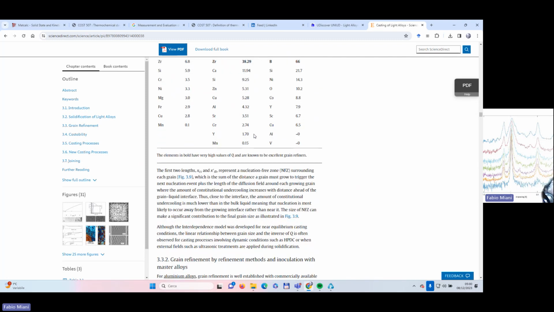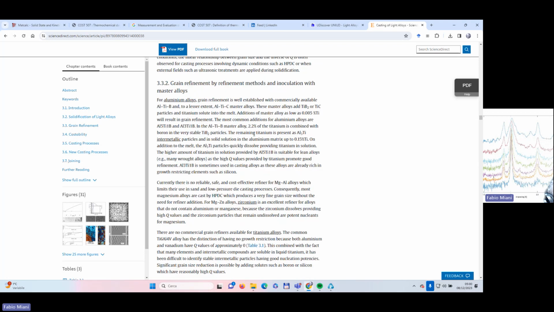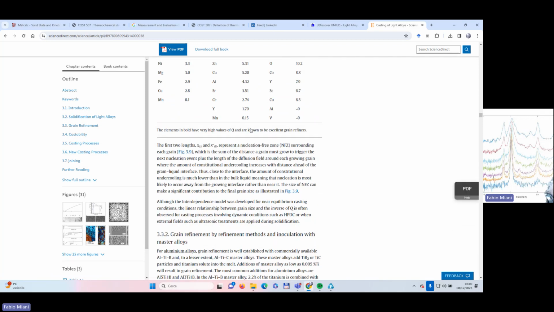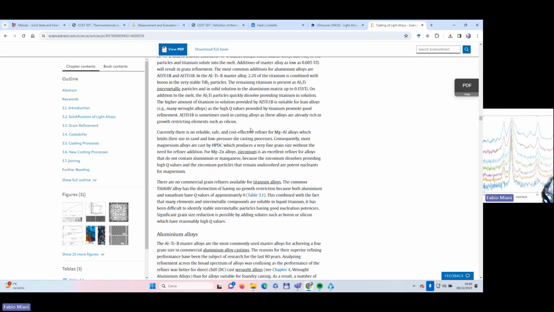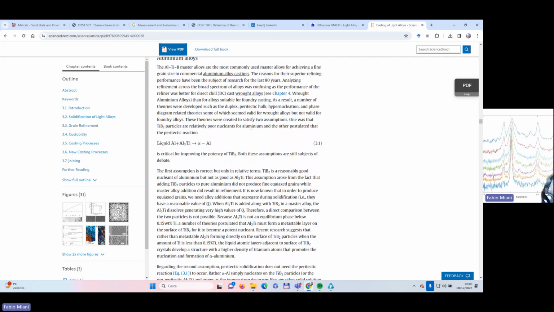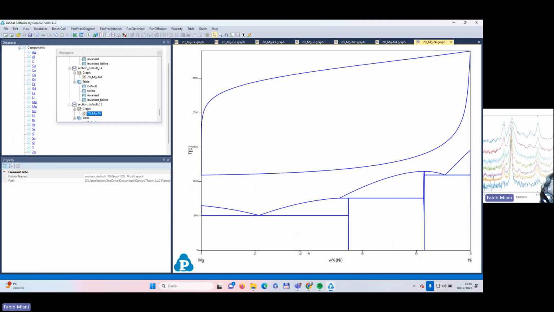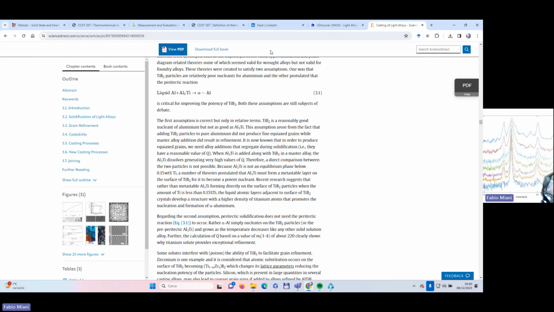For the moment, let us observe it empirically. Of course, it is not just one element, but the combination of elements which is important for grain refining efforts. For the moment, let us consider this one. So let us go back to our window. What's going on? Yes, we are in nickel, not so bad. So